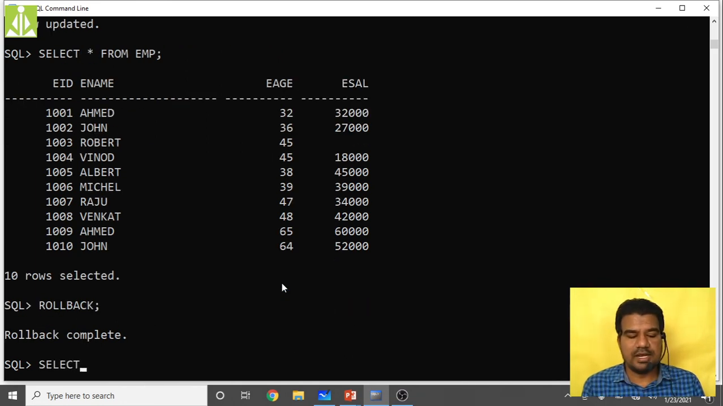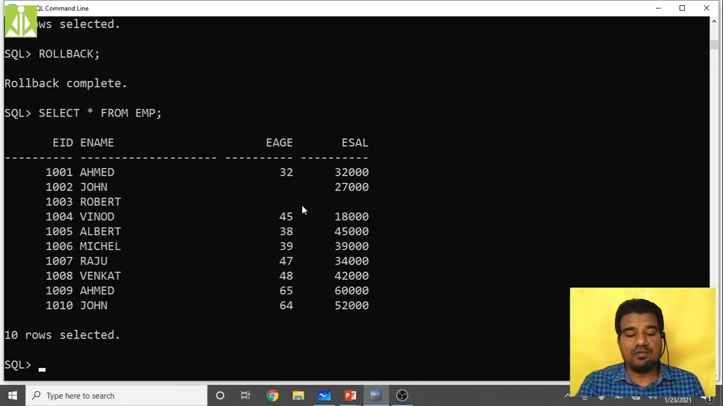Okay, select star from emp. See here, now I want to do the modification of age and modification of salary at the same time. So updating two fields at the same time, that also I will show you. Update, table name is employee, set e age as 45, comma, e salary as